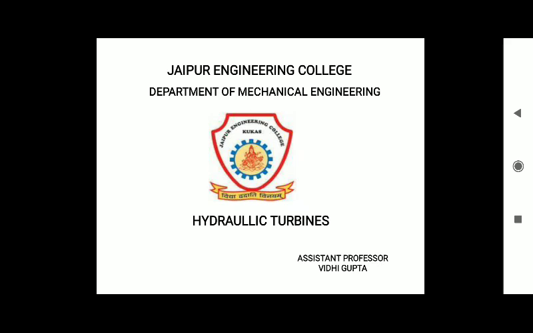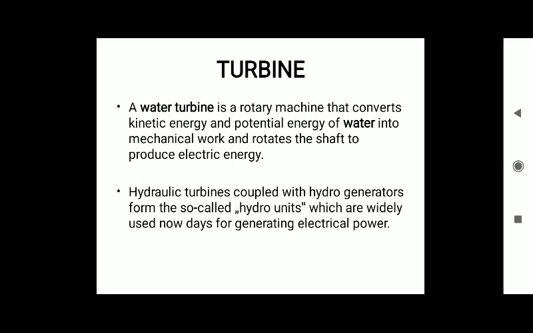In the first slide, I have discussed the introduction of the turbine: what we mean by turbine, how we define a turbine, what turbines do in our day-to-day life, and how we use them. Firstly, a hydraulic turbine is a prime mover that uses the energy of flowing water and converts it into mechanical energy. That means when water is flowing with a high speed or high pressure, that energy of water is converted into mechanical energy. That mechanical energy is further converted into electrical energy that we use. It is in the form of raw energy, so we have to convert that mechanical energy into electrical energy.